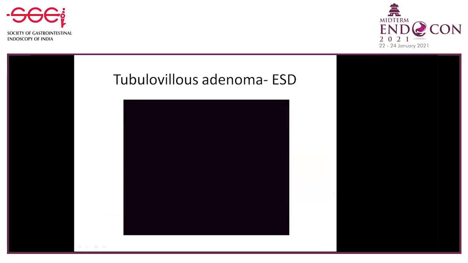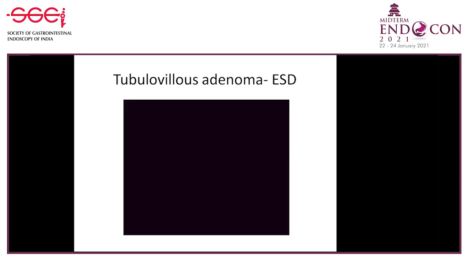Here you can see it's a large lesion involving more than half the circumference, and we had to do the ESD in 2 sittings. You can see Dr. VGM resecting it here. He's going to the base, and what's important in colorectal lesion ESD is the curves and the twists of the colon. Going with the plane has to be done very carefully because of the turns of the colon, and this lesion was at such a junction.